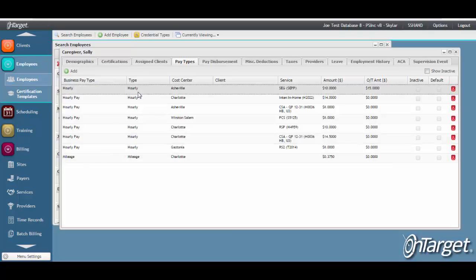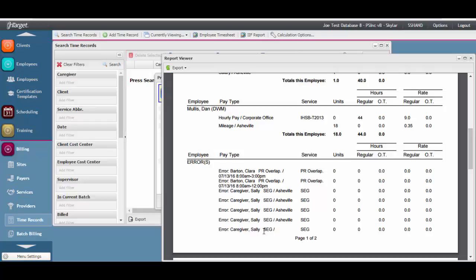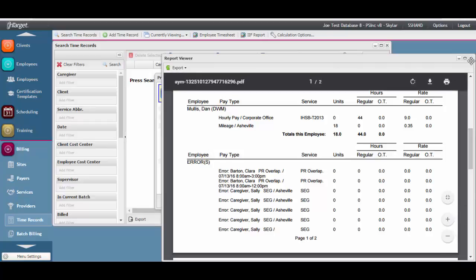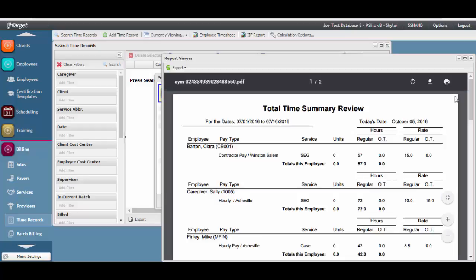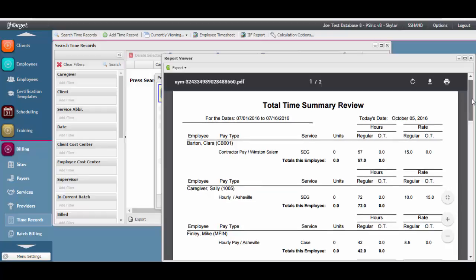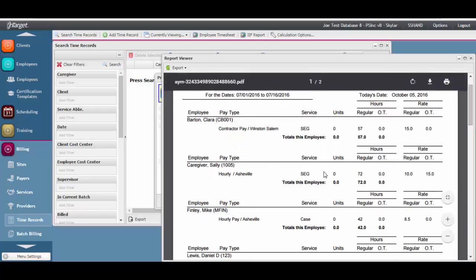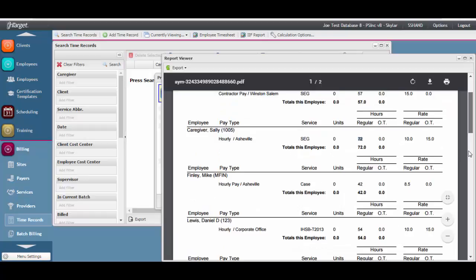Now that the pay type is set up to support Asheville and the SEG service, rerunning the report will eliminate that error message. Let's check that out just to be sure. You will now see 72 hours of the SEG service in the Asheville Cost Center for Sally Caregiver. That should have cleaned up the error message,